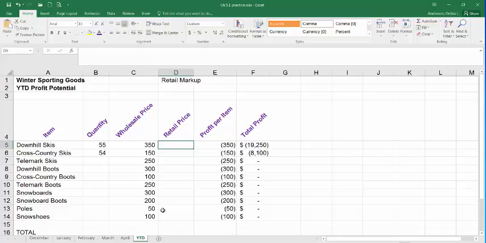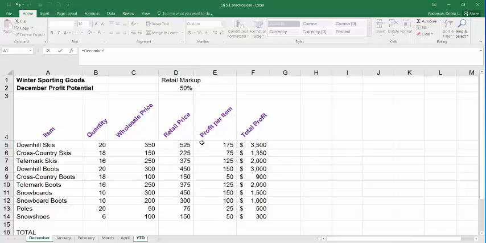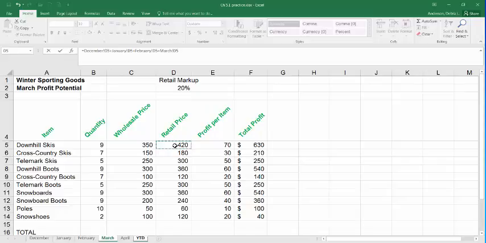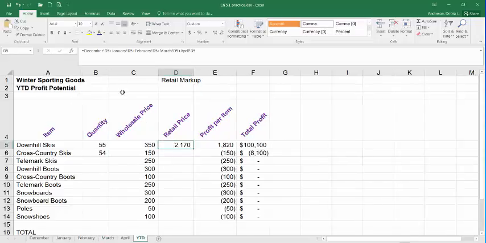So formula, so I click on retail price, D5, the cell where the answer will be, start my formula with an equals December retail price plus January retail price plus February retail price, etc. And then in my formula bar it says equals December D5 plus January D5 plus February D5 plus March D5